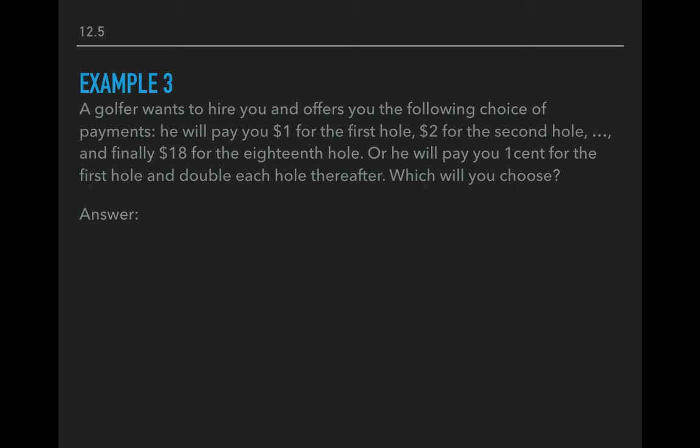So looking at that first, the first hole, you'll be paid $1. Second hole, $2. Third hole, it would be $3. Fourth hole, $4. So you should recognize that it's just increasing by 1. You're just adding 1. So that makes it an arithmetic series. And you could find the sum, you could find your total by